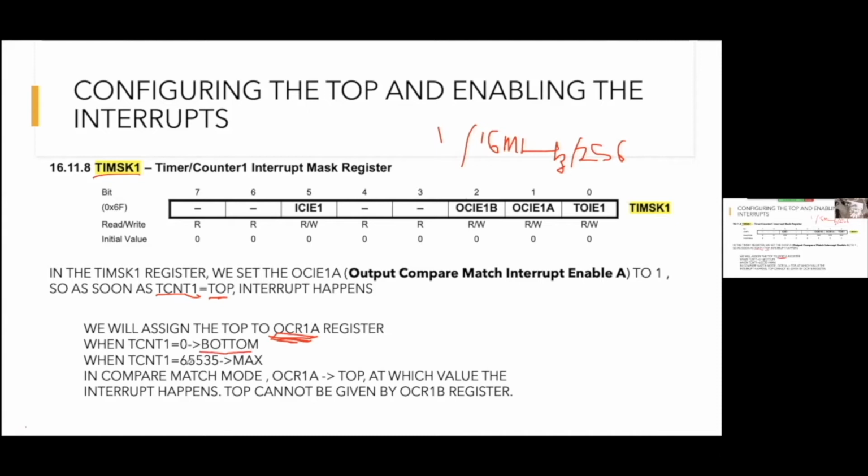When it is at its max value, it's called max. If compare match mode is enabled, yes, we are. So basically, compare match mode is when the value in this register matches the timer value, we set an interrupt. Top cannot be given by the OCR1B register. Top is always to be set by the OCR1A register.